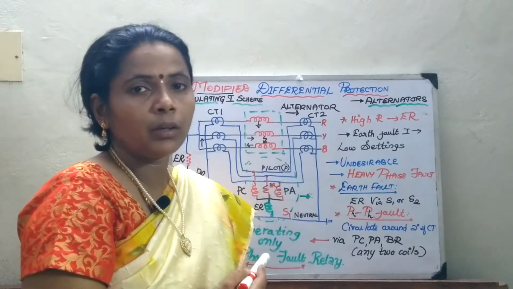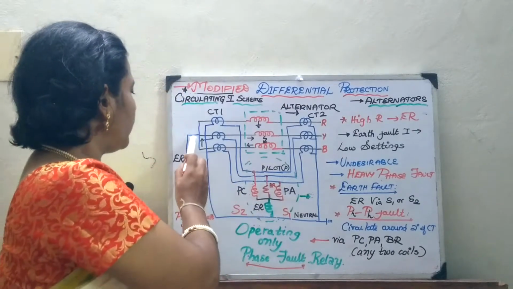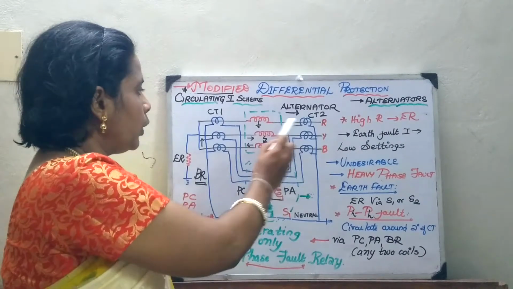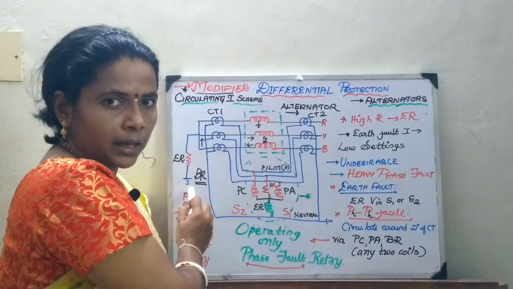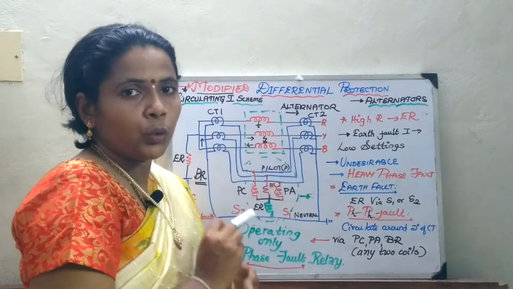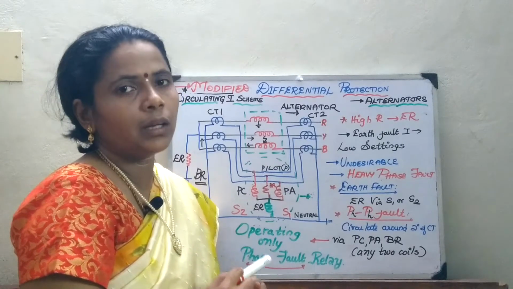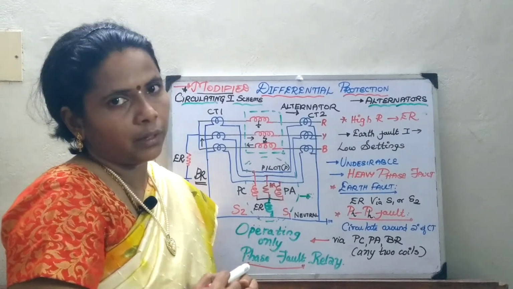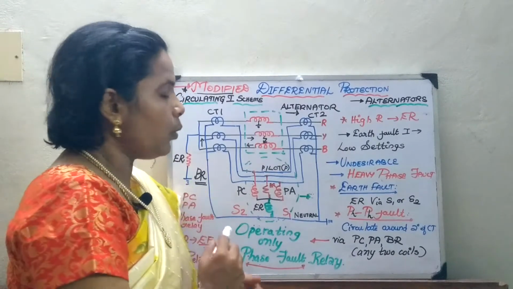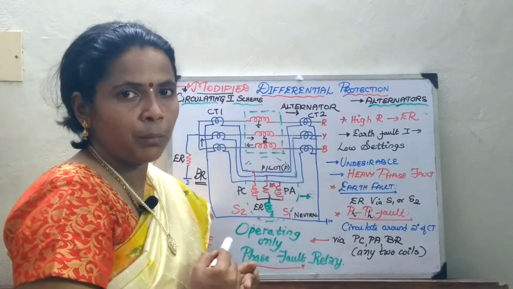So, what was the drawback in the differential protection we studied in the last class? If a fault occurs near the neutral, an earth fault, the current will immediately go down to ground. In that case, there will be insufficient voltage to operate your relays. So you can protect only 80 to 85% of the winding; the remaining 20% of the winding near the neutral remains unprotected. This will be a usually asked question in the exam. This drawback is overcome by using the modified differential protection scheme.